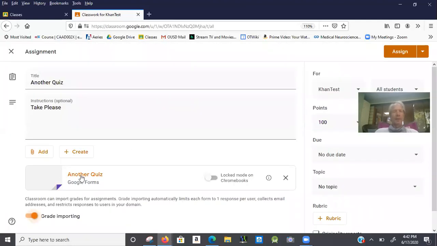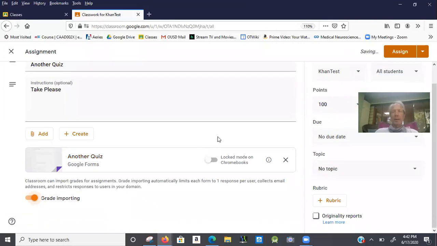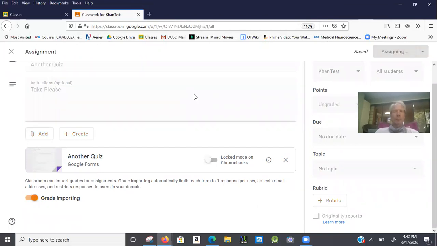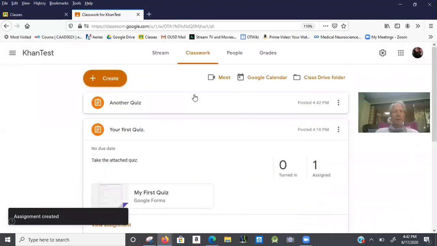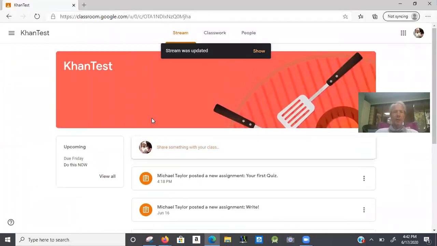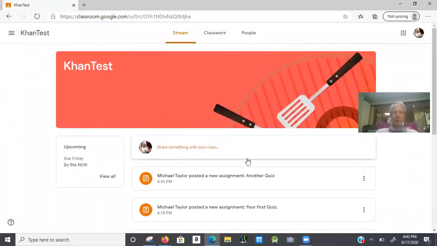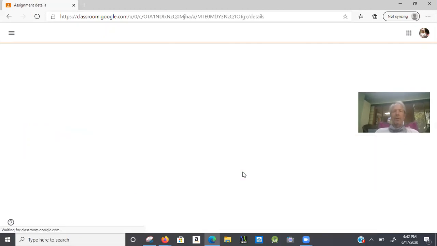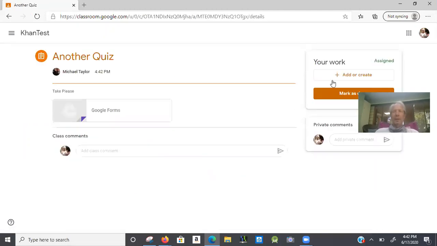I add it. Going to put it right there, and I'm going to make this ungraded now just because I like doing that. I'm going to assign it, and you will see back in the classroom. So here I'm going to go back to my fake student account, which I think I have open. Okay, this is my fake student account. Okay, there's that thing I just put out there. This is what they see. They click on that,